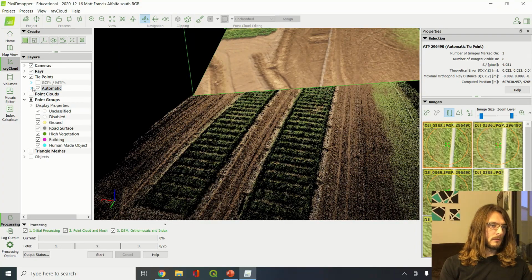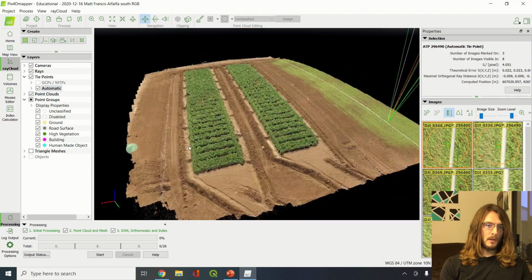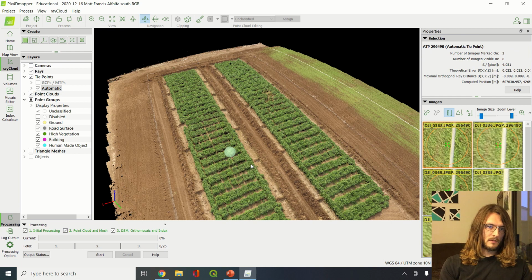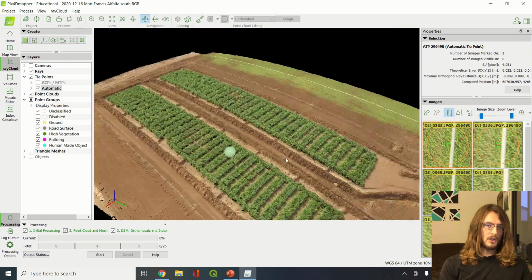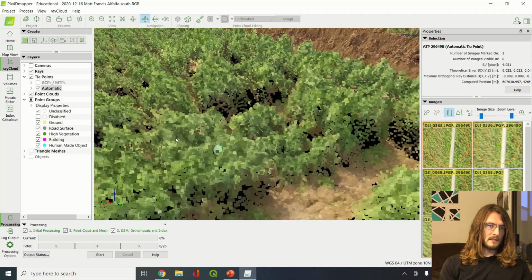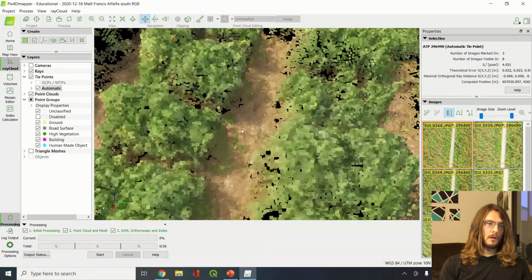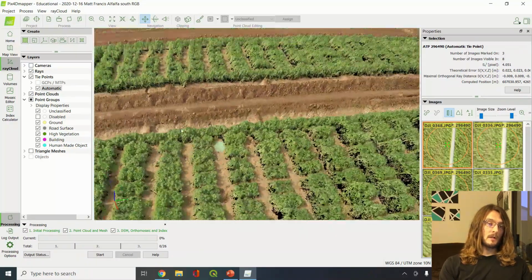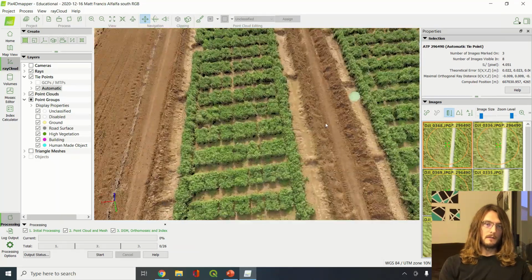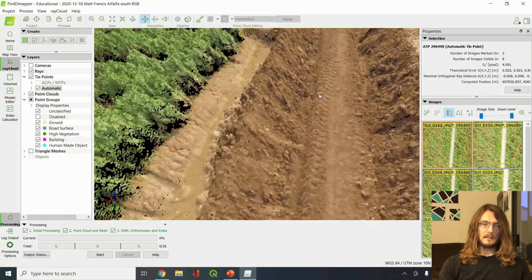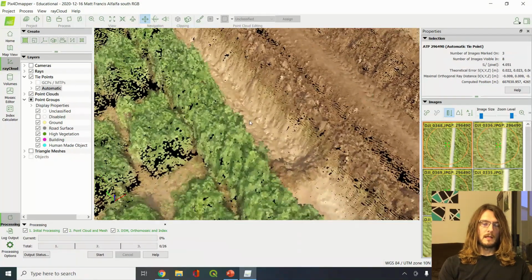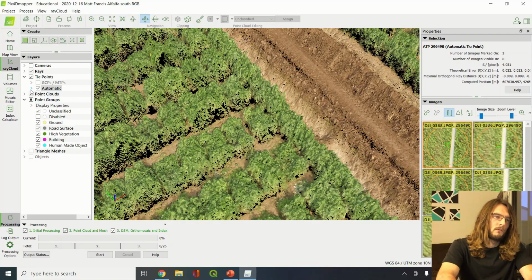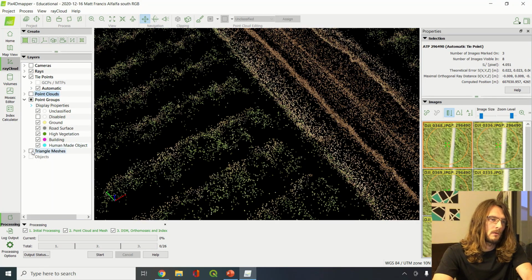We can also go through and show a more densified point cloud of the whole field. If you ever want to remove those cameras, for example, you can get rid of those by unchecking the box in the layers panel. So again, this is still a point cloud, and it's a highly densified point cloud there. And so this is actually something you can download, the locations and the colors of each of those points if you want. And maybe in some cases it's useful to do that, to get very detailed information about all these different tie points. But for visualization, which is what I'm usually using this step for, I actually think the